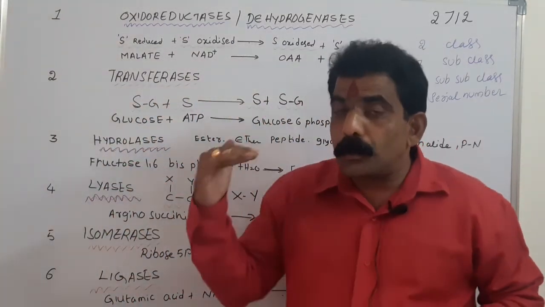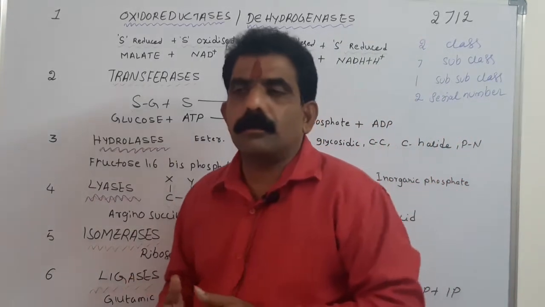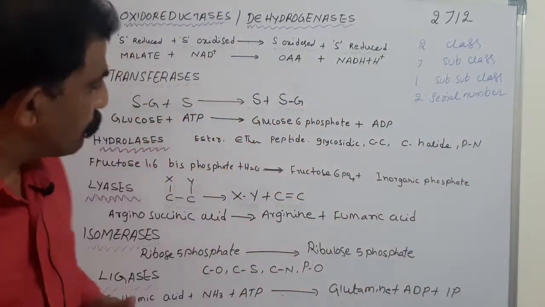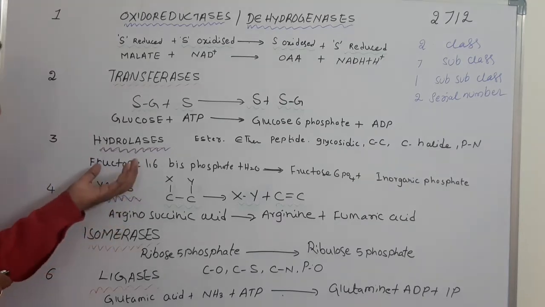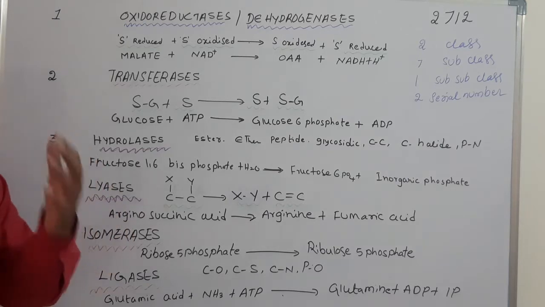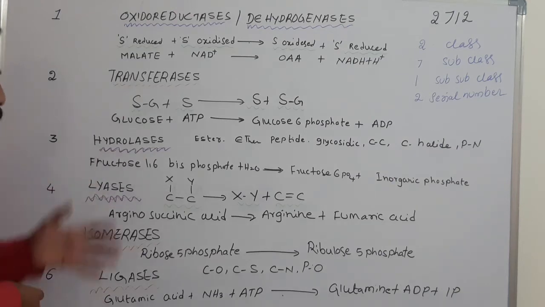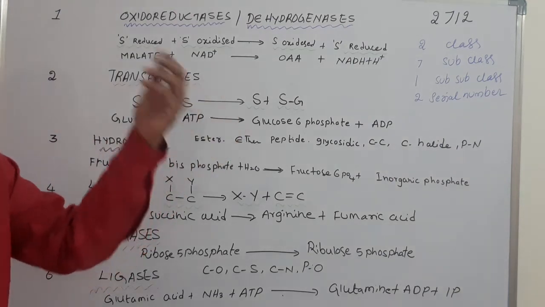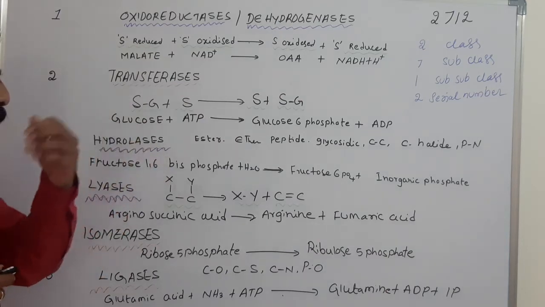These enzymes utilize water molecules to break down complex materials into simple ones. For instance, take fructose 1,6-bisphosphate. It consists of 2 phosphates, one on the first carbon and one on the 6th carbon. Under the influence of the fructose 1,6-bisphosphatase enzyme, a phosphate is removed from the fructose 1,6-bisphosphate.